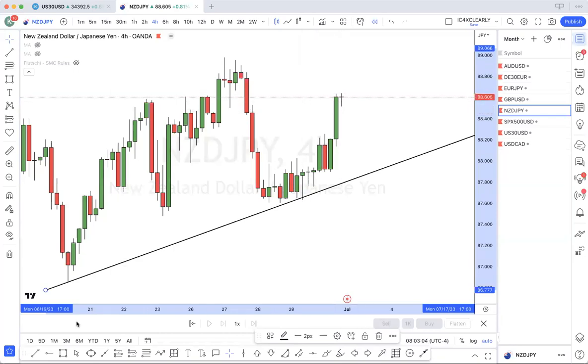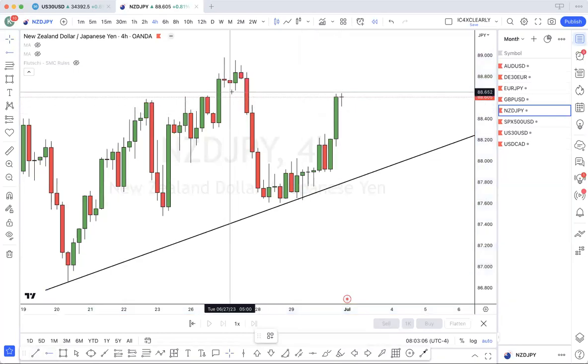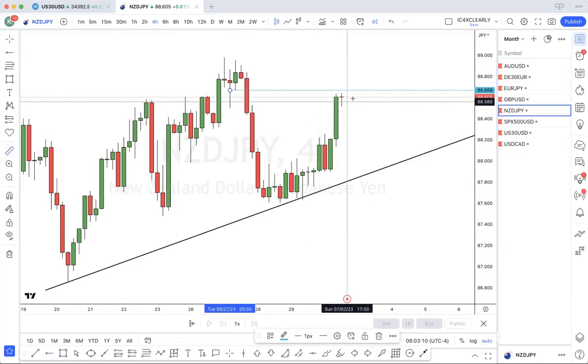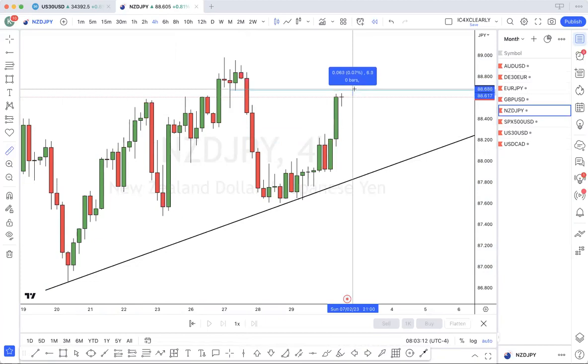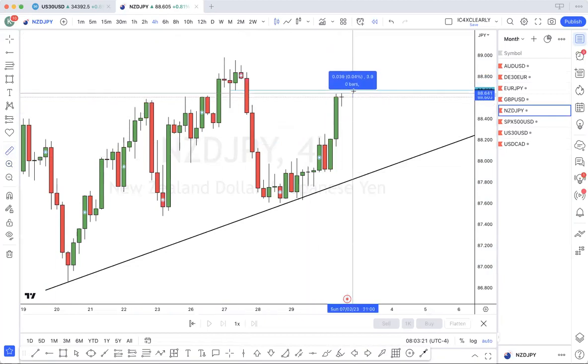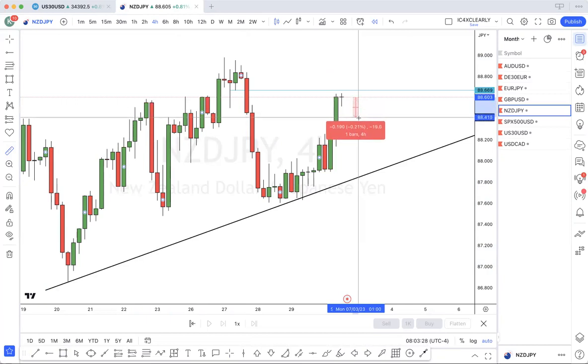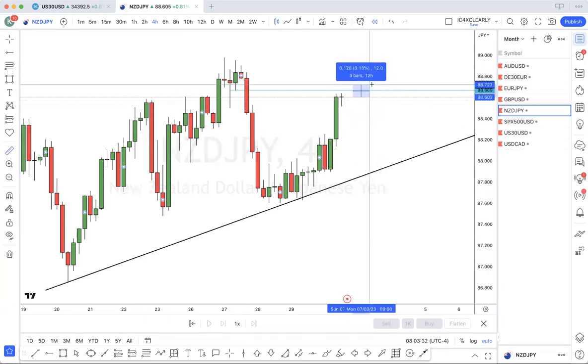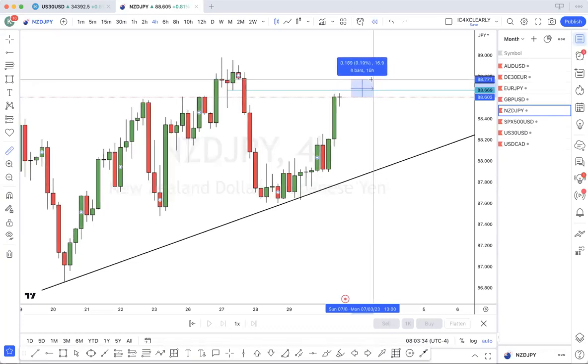So I would say price is probably going to push up from where price is now about 6 pips. Let me do that right. It's about 6, 7 pips. It may pull back from there and then continue, and I'm basing this just off price action